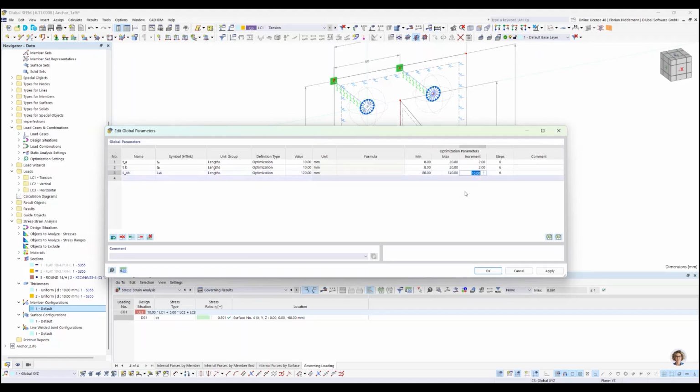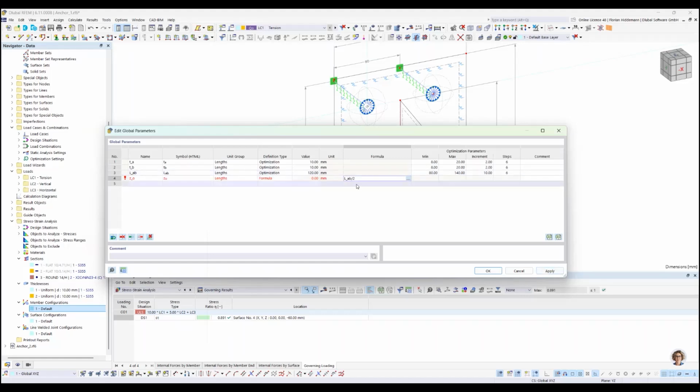So it tries to help me here with some assumptions. Sometimes you have to move back and forth because it's calculating 6 by 10 and then the end or beginning value. And as you can see, we have now a third variable here. And with this variable, maybe you already know, you can use these formulas directly into some coordinates or other input fields. And just to demonstrate that it's also possible here, we can use a formula directly in the global parameters,